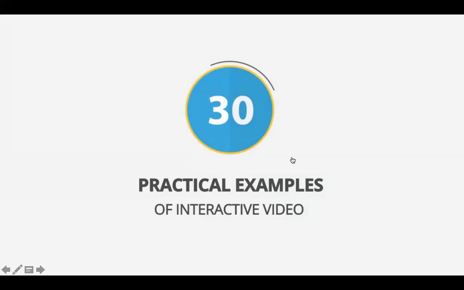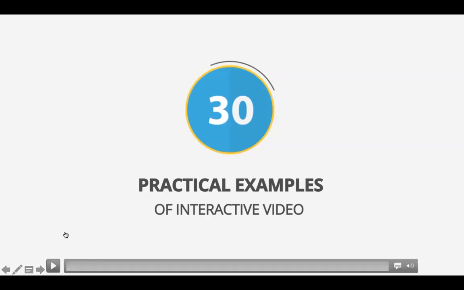But before that, I want to show some practical examples of interactive videos to give you an idea of how you can implement them and how you can give an assignment or task, or explain something by video and make it interactive for the students very effectively, with productive outcomes. So let's have a look at the different interactive videos we have.